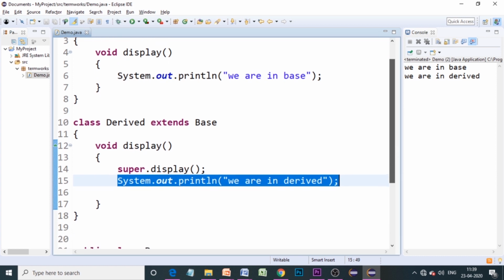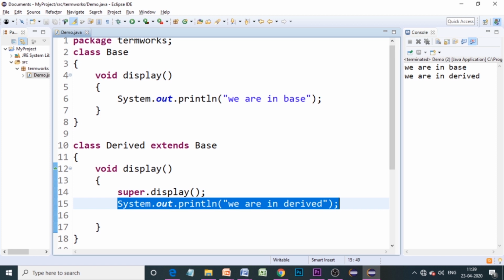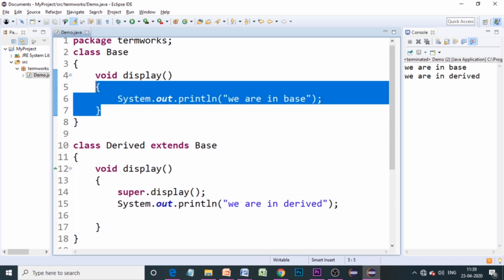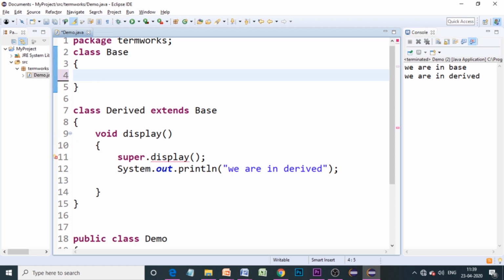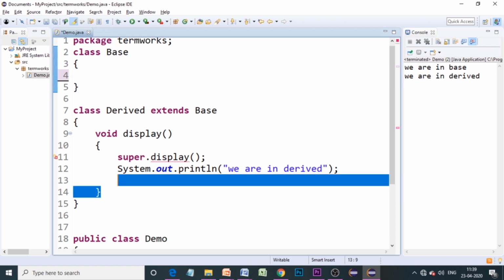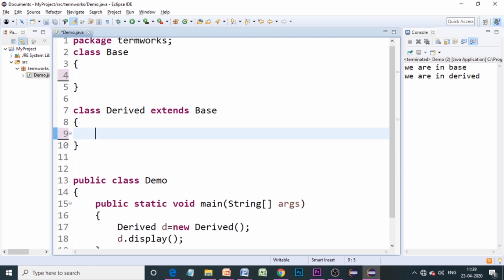So coming to the last use of the super keyword, let's have some constructors instead of the methods over here. I'm going to remove all the methods from this. So let's clear this and create the constructors. You know that a constructor is a special method which gets executed just upon creation of an object, or whenever you create an instance of a class, and if you have any constructor defined in your class, that will be executed automatically.